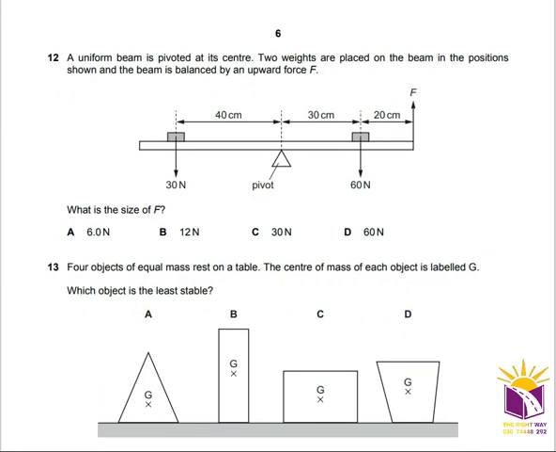A uniform beam is pivoted at its center. 2 weights are placed on the beam in the positions shown, and the beam is balanced by an upward force F. What is the size of F? Now, I am going to use